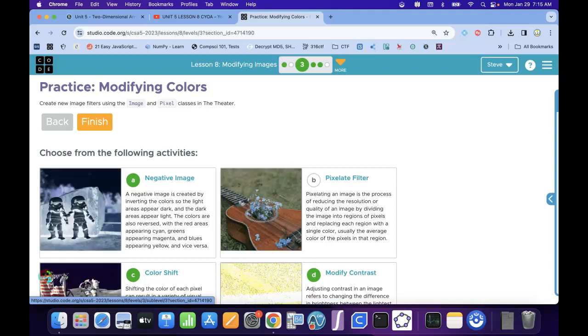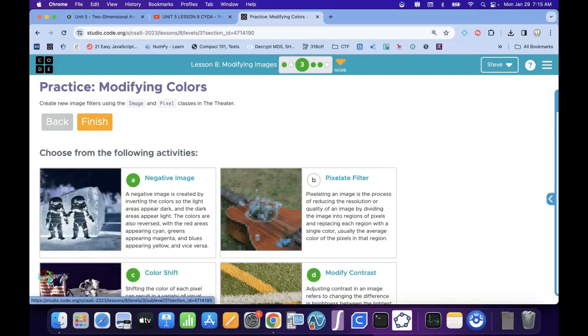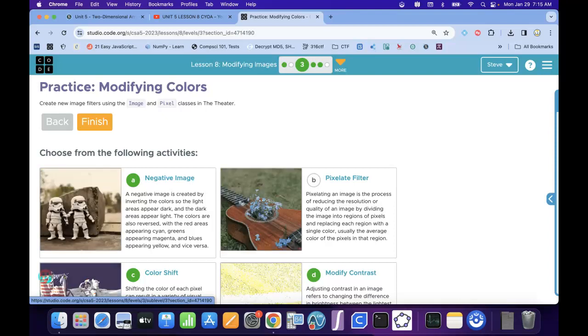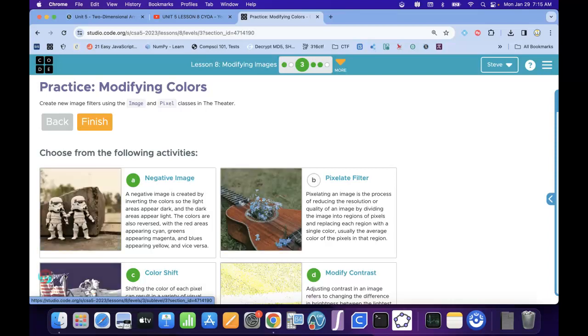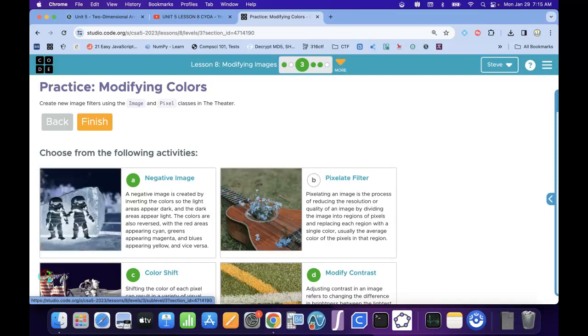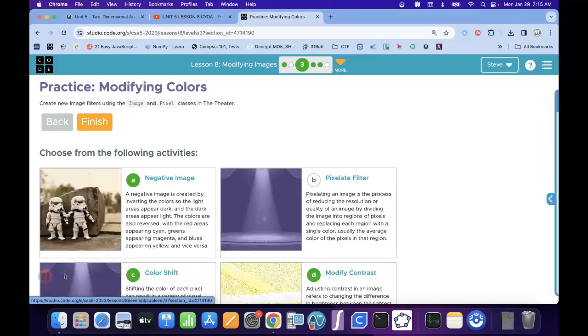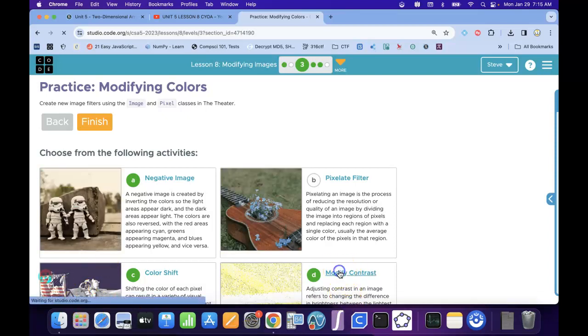Hey everyone, so we are here in Lesson 8, Level 3, choosing your own adventure by modifying colors and messing with image filters. We are going to do D. We've done A and C already. B is a little complicated. We can talk more about that in class, but I think D is a more manageable one, so let's click